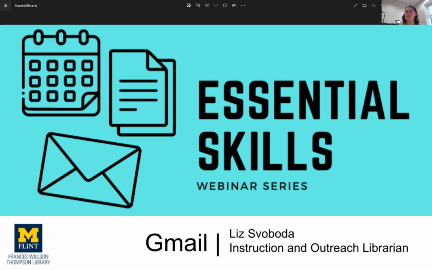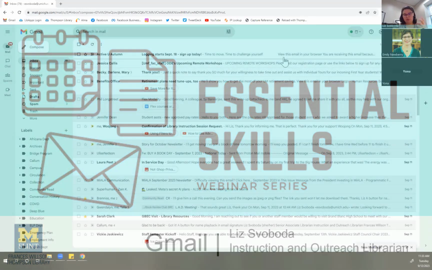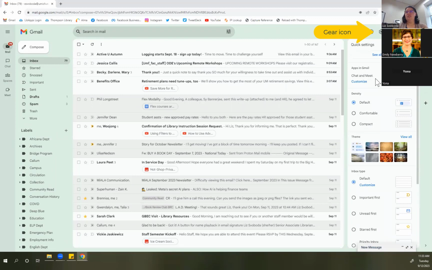So Gmail is, of course, our university email system, and there's a lot of versatility in it that I don't know if everybody is using to their best advantage. So once you log into your Gmail, this is what it initially looks like. Now, there are some functions and settings that you can mess with to make it more customized to you. So to start off with, up in the settings here, this is where you look to see if there are